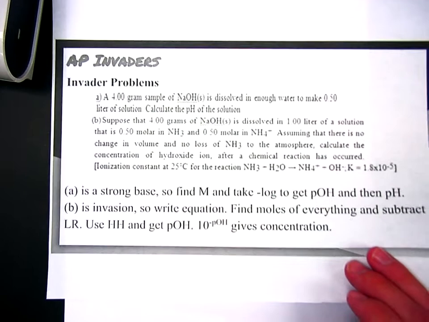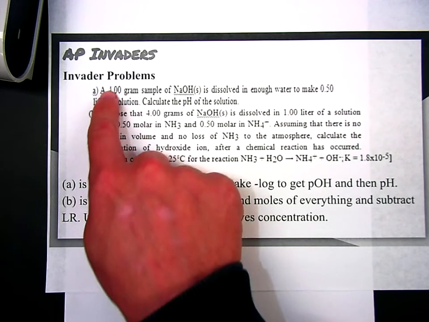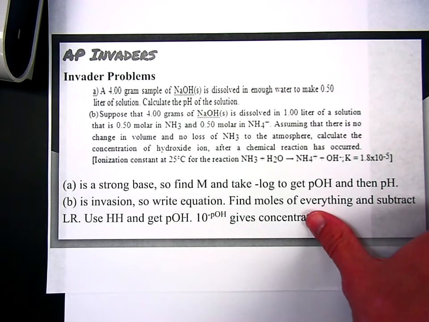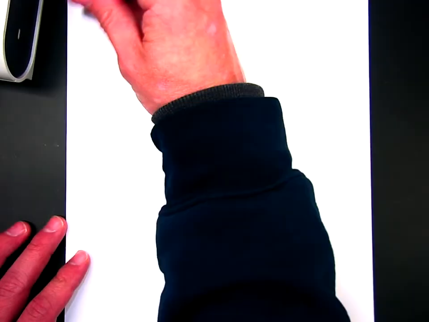Let's take a look at the last problem from the Invader lecture that we didn't get to. It's got an A and a B, so make sure you have it in front of you as I reference the different parts of this question. So, starting off with part A, you'll notice that it cross-cuts a couple different ideas here